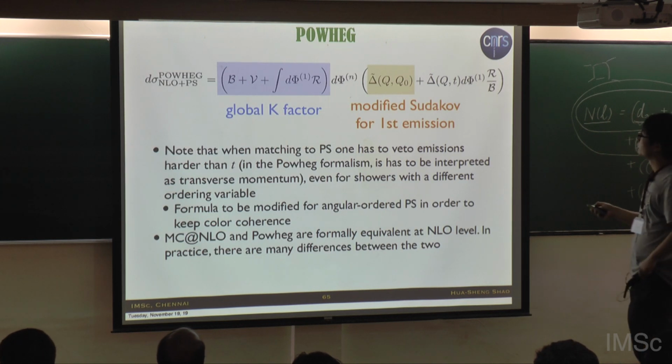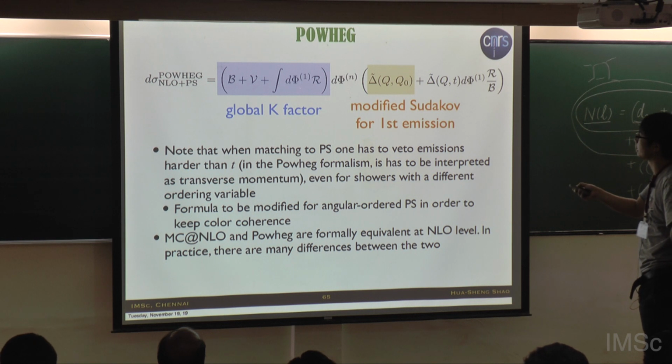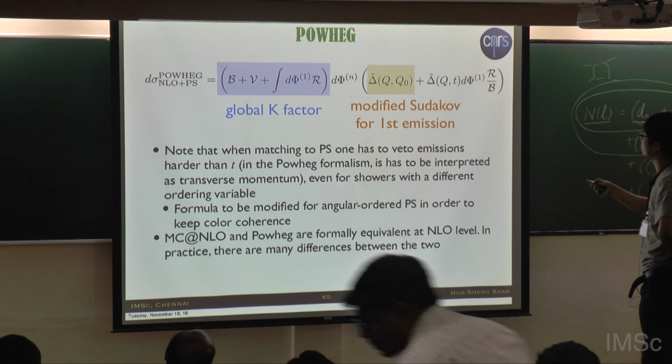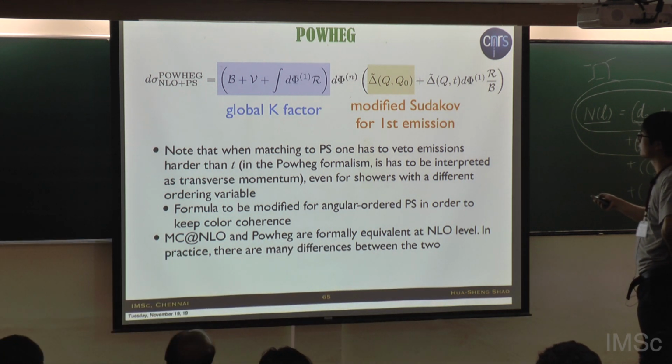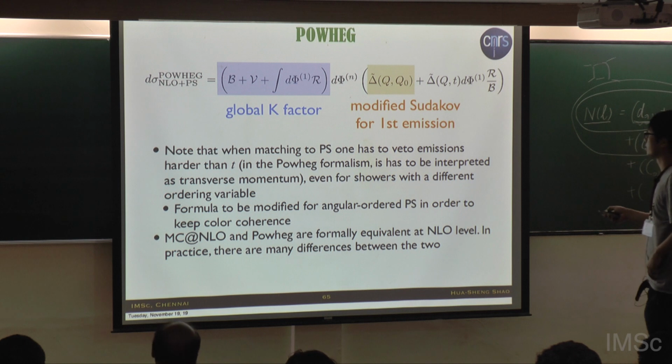So how to interpret the POWHEG formalism? This is the global K factor times Born, effectively. And this is my modified pseudocode for the first emission, okay? And this is, of course, the first emission. This is pseudocode, vetoed. So know that